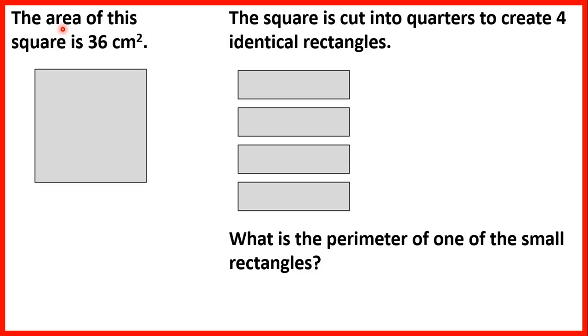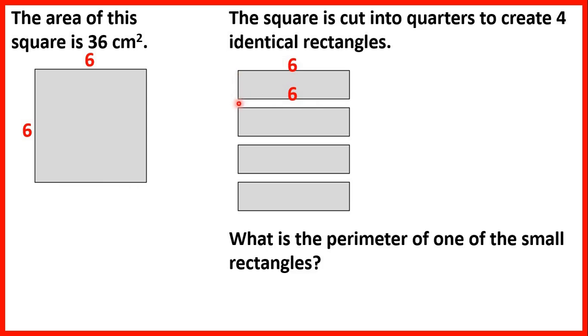So we need to remember that the area is how much space a shape takes up, and we can find the area of a square by multiplying the width of the square by itself. Now 6 times 6 is 36, so the square has lengths of 6 centimetres. That means that this length will be 6 centimetres and this length at the bottom will still be 6 centimetres,